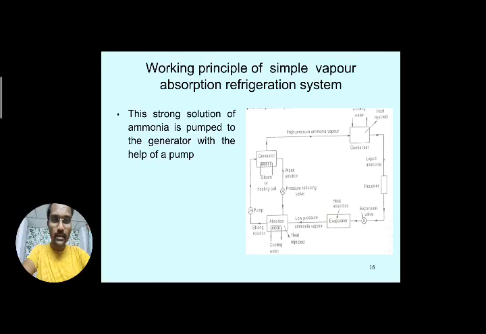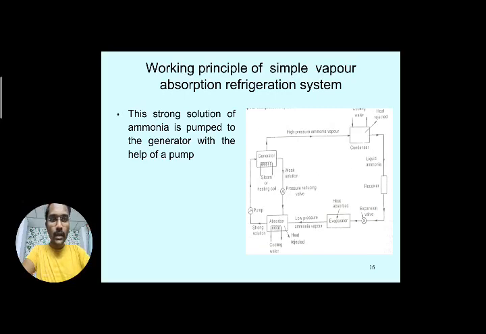First I will explain regarding this strong solution entering into the generator. What is the need of the pump? Low pressures are there in the absorber. Already the low pressure ammonia vapor is coming here, and at the top side you can see after the pressure reducing valve the weak solution is coming with low pressure. So due to the low pressure in the absorber, it will not go directly into the generator without the help of a pump. So compulsorily there is a need of a pump here. So we are placing the pump in between these two components, generator and absorber. This is one requirement, please try to remember.